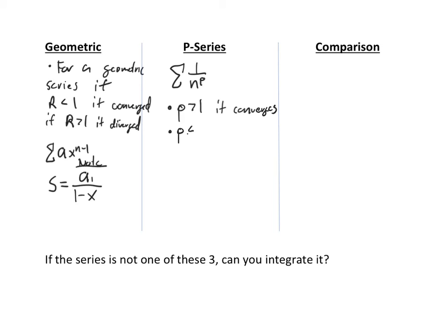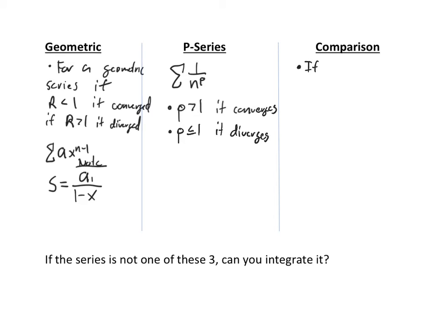If P is less than or equal to 1, it diverges. P-series are often a great thing to use for all these other tests additionally that we had. You can quickly do a comparison test with them, and they're also useful for the other ones. Using that limit comparison test is a good place for the P-series also. The comparison test,